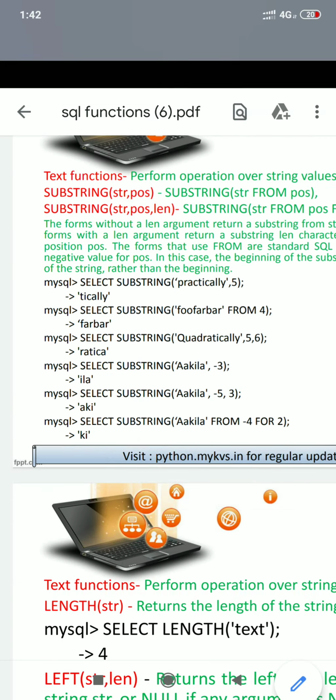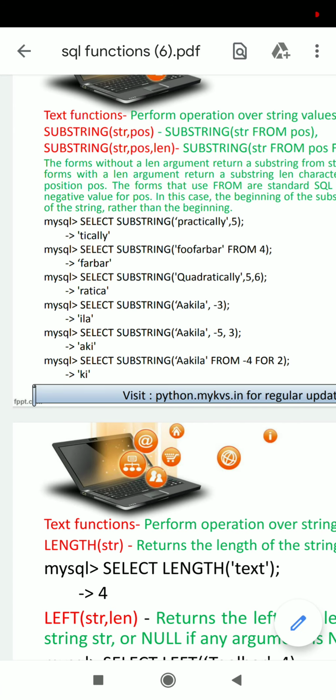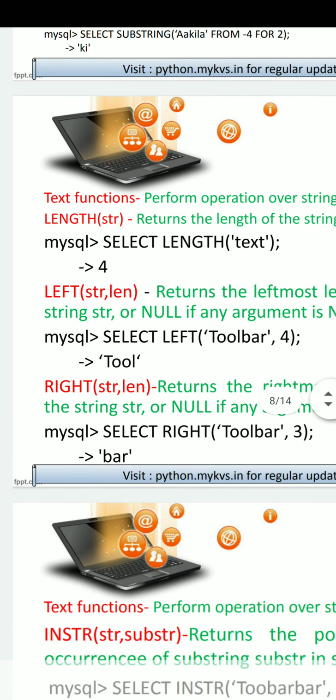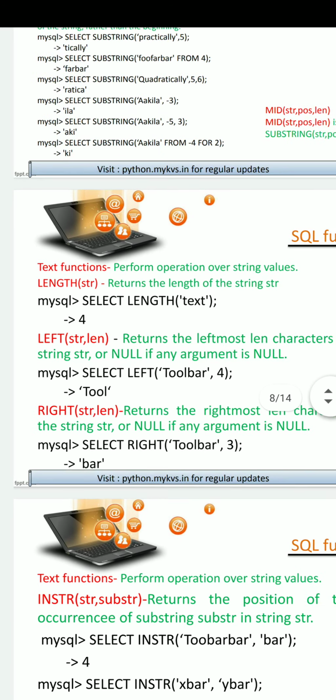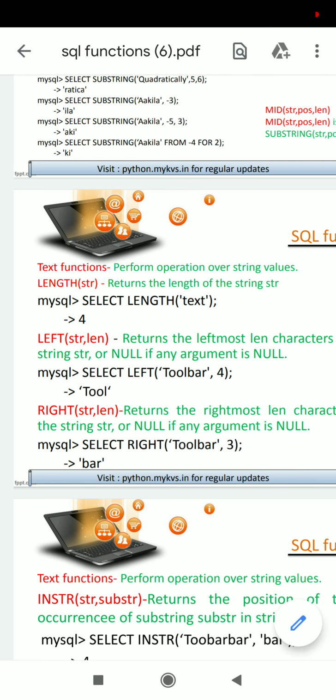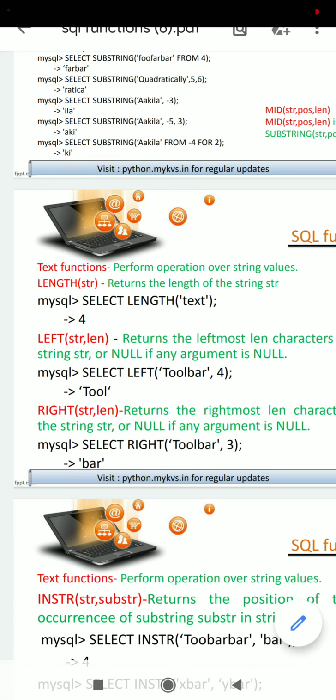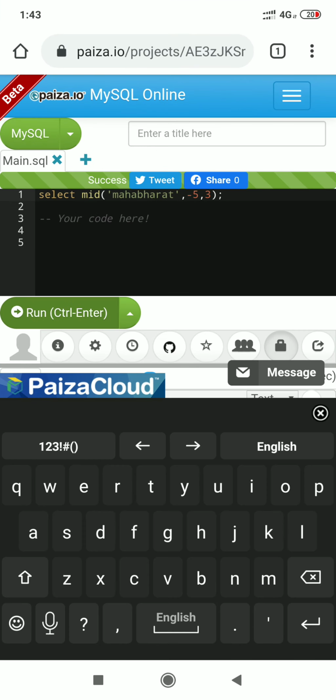Okay student, now you will learn one more function, that is length. The length function is used to return the number of characters inside a string. Okay, in this example text is the string, there are 4 characters, so that's why its output is 4. We perform the same operation here.